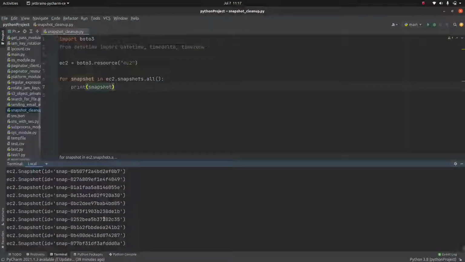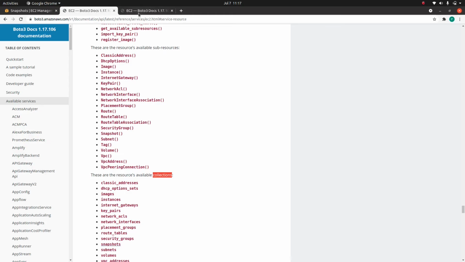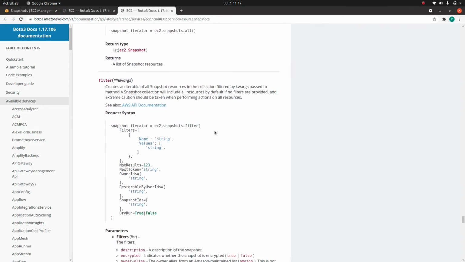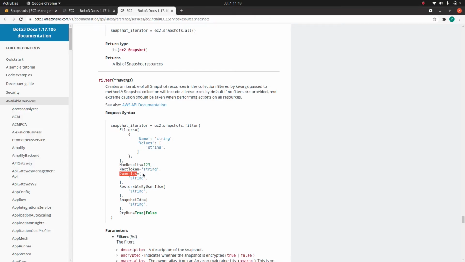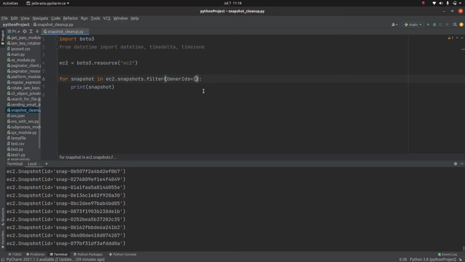So what we need to do, if you go back to the documentation, and the same thing we applied in the AMI cleanup script, is use a filter, and under filter there is a parameter called OwnerIds. So I will replace this with a filter, and use OwnerIds, which is a list, and I will mention self.